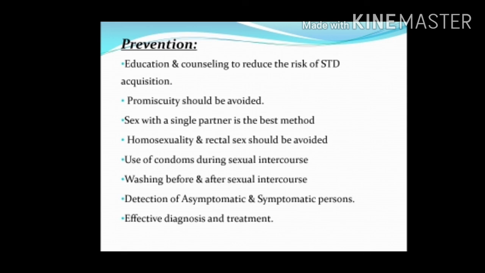Education and counseling to reduce the risk of sexually transmitted disease acquisition. Promiscuity should be avoided. Sex with a single partner is the best method. Homosexuality and rectal sex should be avoided. Use of condoms during intercourse. Washing before and after sexual intercourse. Detection of asymptomatic and symptomatic persons. Effective diagnosis and treatment are a few steps to prevent the